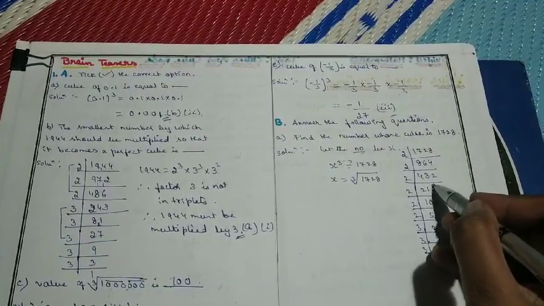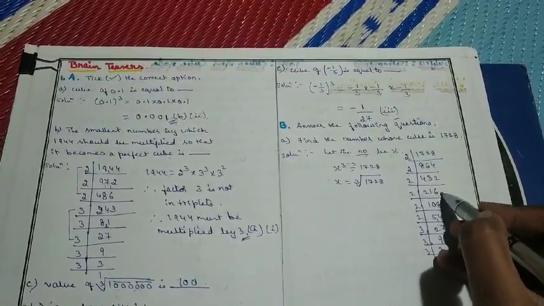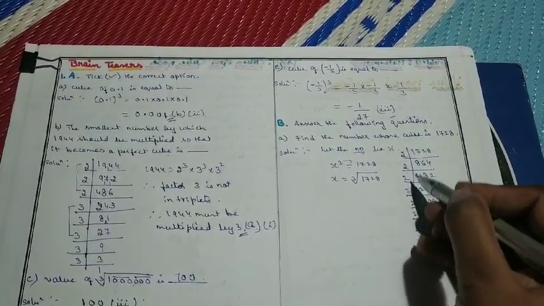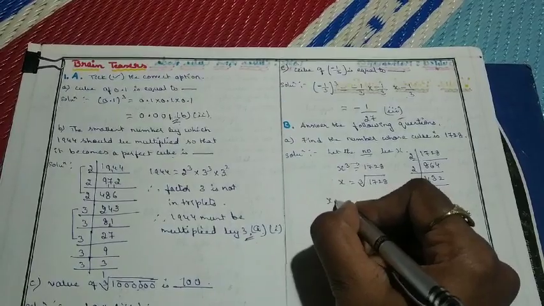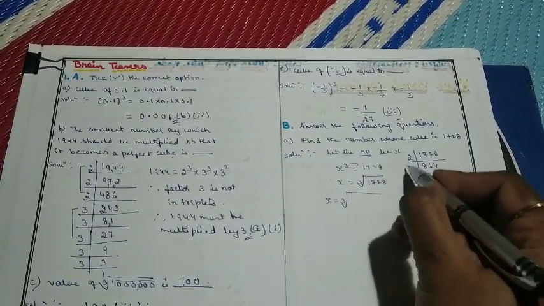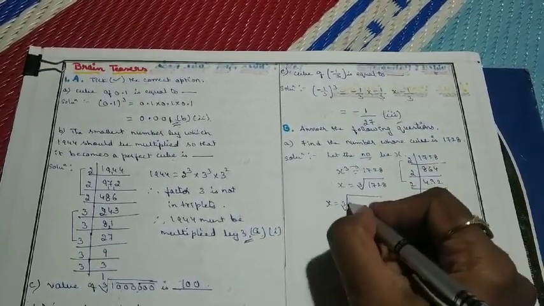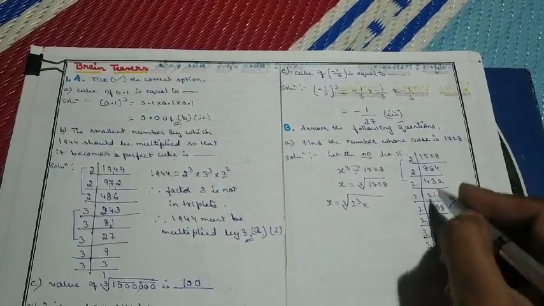Here also you can stop, children, because 216 is a perfect cube of 6. Then 6 into 2 is 12. 12 cube is 1728. Then x equals cube root of